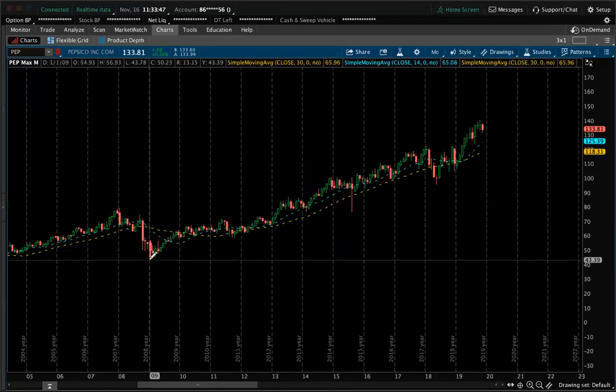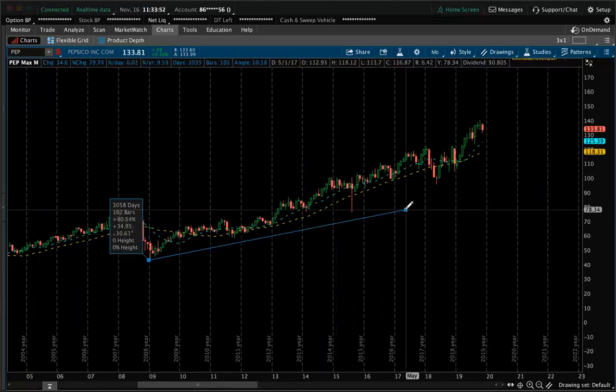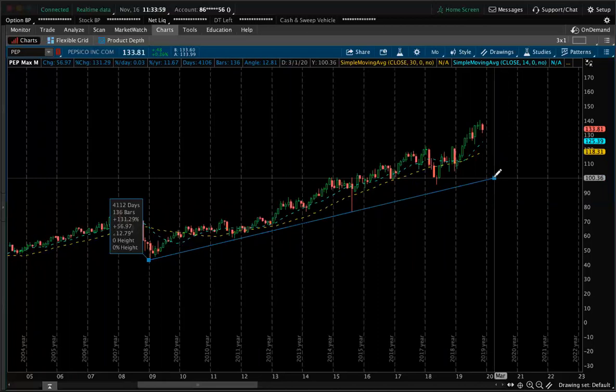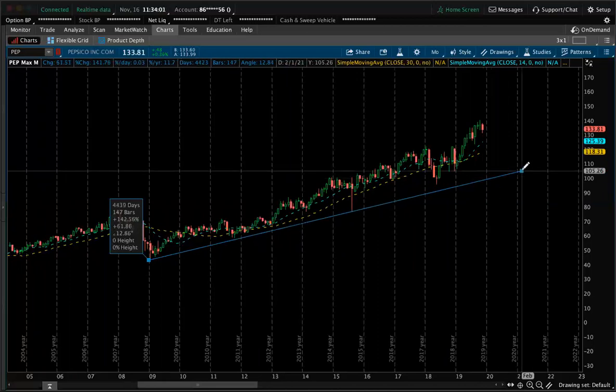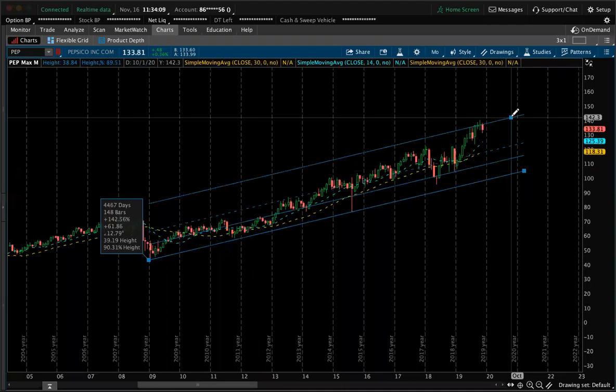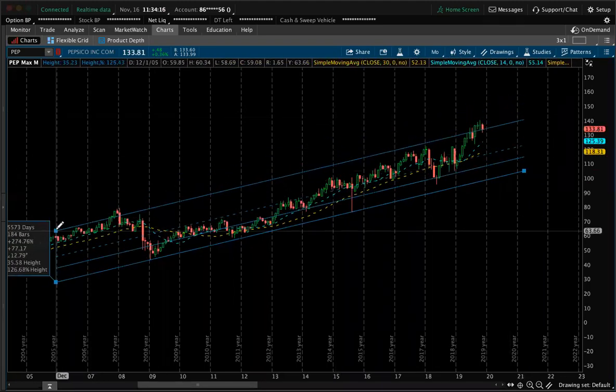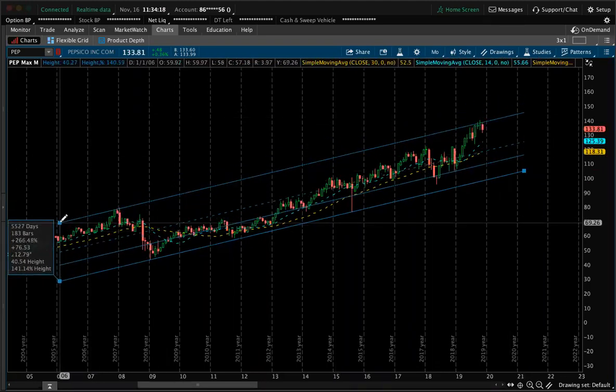So I'm going to use the 2008 lows, and I'm also going to use the 2015 lows, and extend my channel out. As you can see, this line is actually touching the 2011 lows as well, very close to it. I'm going to extend it to 2021, just so that it covers anything past that. I'm going to bring it all the way up to this year's high and all the way back to the 2008 high, because that was the beginning.